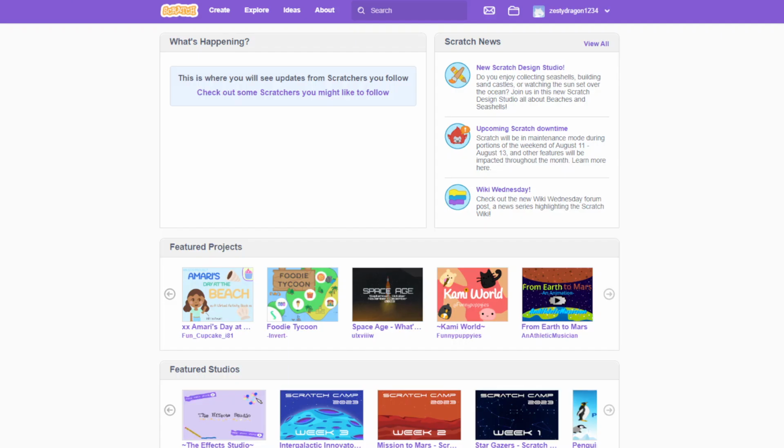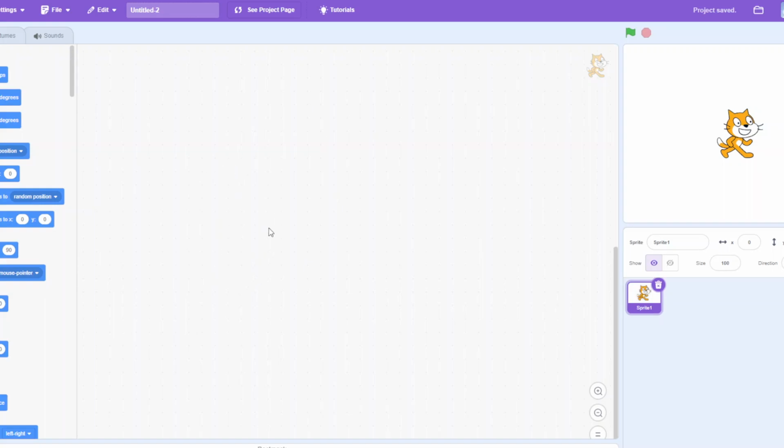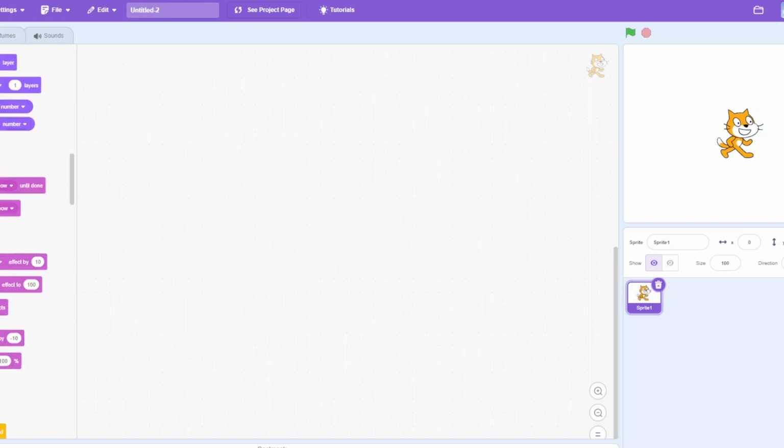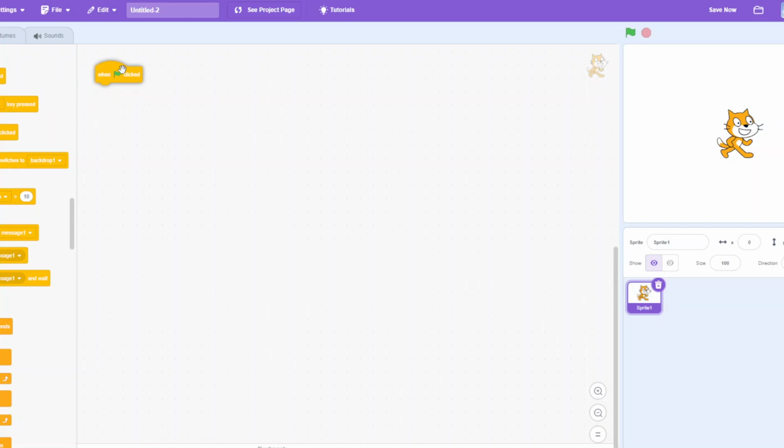scratch.mit.edu and press create, and it'll take you to this page. Okay, now since we're loaded in, we can start by getting a